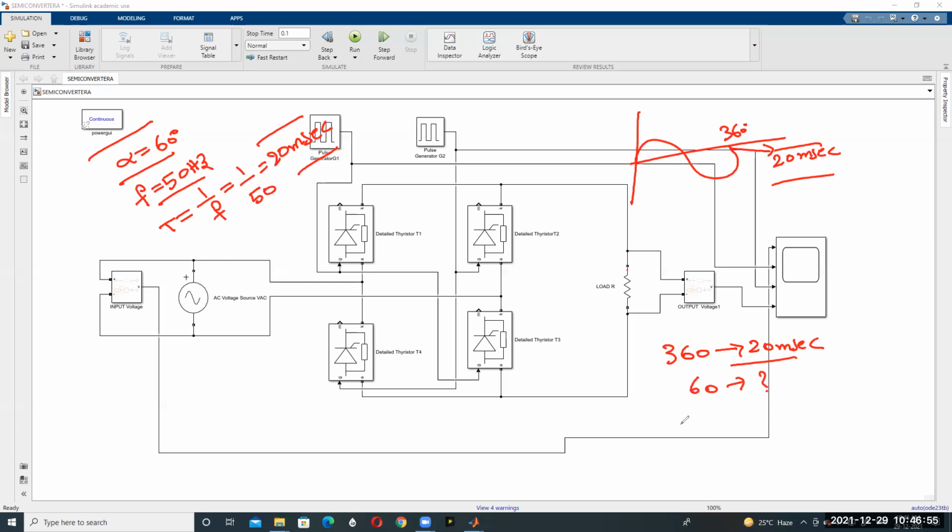So the time period for 60 degrees is equal to 20 into 60 divided by 360. Then you will get 0.033 seconds. Like this you will get the time period for 60 degrees. That means we have to give the triggering pulse for this thyristor here